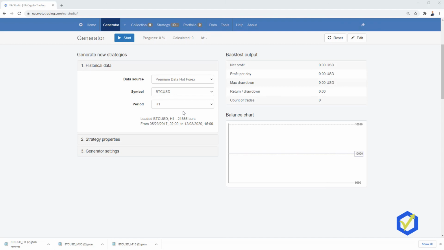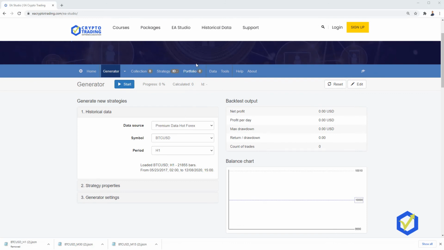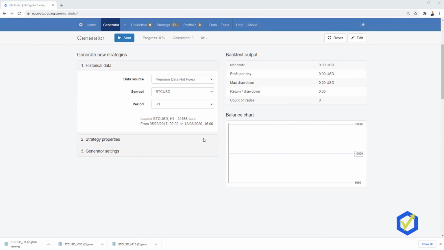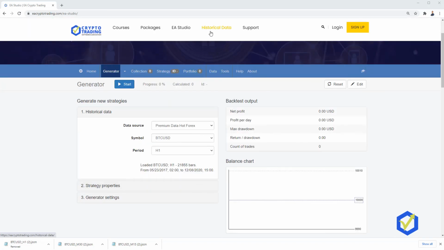Alright, so if you want to download historical data for more assets, you can find the app right in the menu, historical data, and as you saw, it's very easy to use. Then on the left side we have the AI Studio. Both are web-based, so it is very easy to use them on our website. The historical data app is free. AI Studio has a 15 days free trial, which you can use and take advantage of, because during this time you can export an unlimited number of robots for Bitcoin or for any other asset that you want to trade.